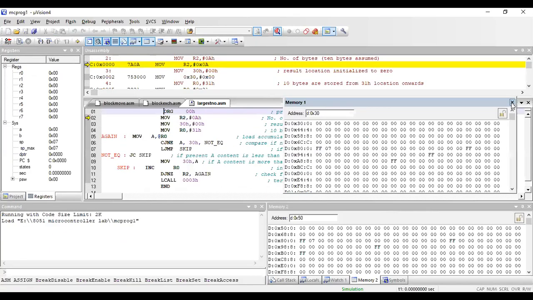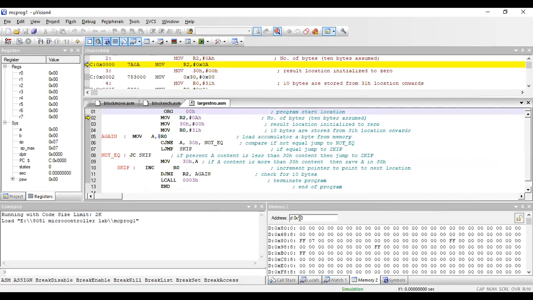Once you have entered into a debug window, this time I don't want two memory locations, right? I want only one. So I want the 30th location only, and I'll be using this 30th location only. You can see that in the memory window 2, I've typed 30th. So this is the 30th location, where again I'm not storing data, because I want it to store the result.